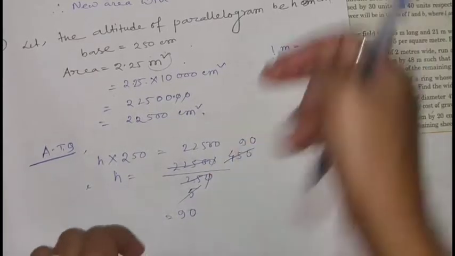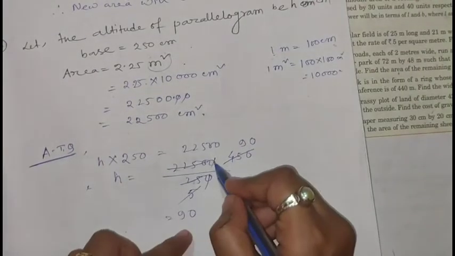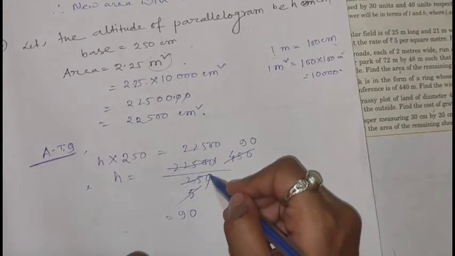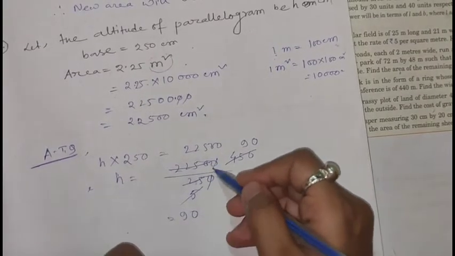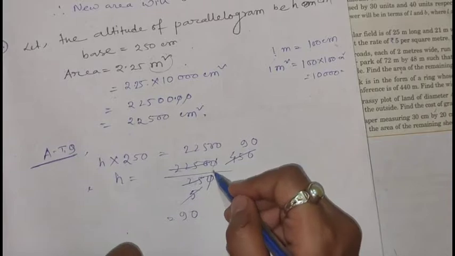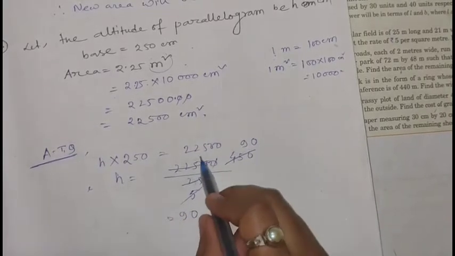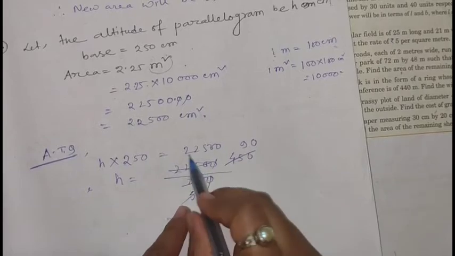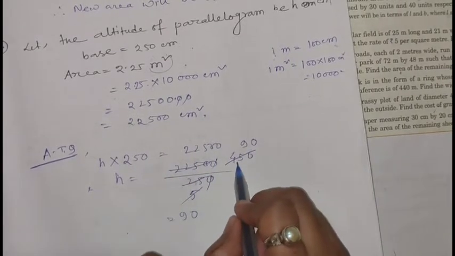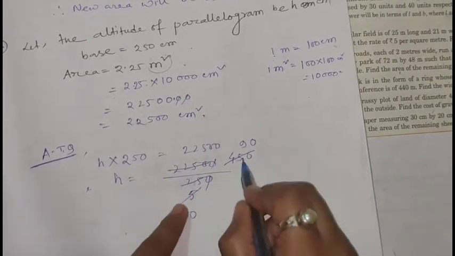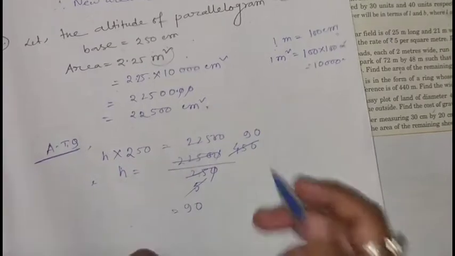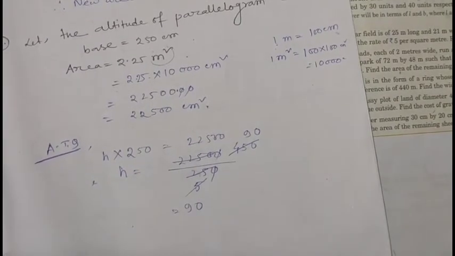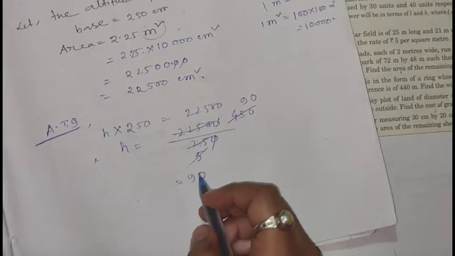First of all we need to cancel 10, because 10 is in the denominator and numerator both, so we can cancel 10. Now we need to find the value. 5 দিয়ে cancel করছি 25 কে, 5 5 is 25, 5 দিয়ে 2250 কে cancel করলে হবে 450, এবার 5 দিয়ে 450 কে cancel করলে 90, cancel করা means divide করে দেওয়া. Okay, so the value will be 90.